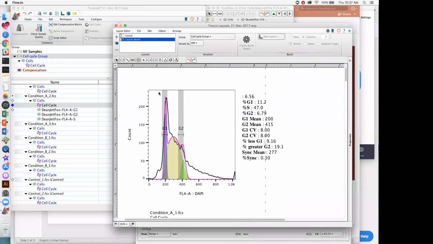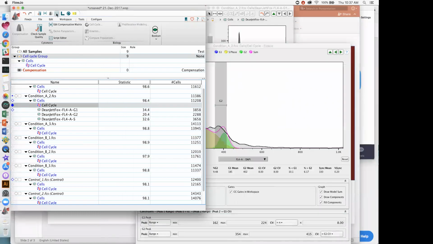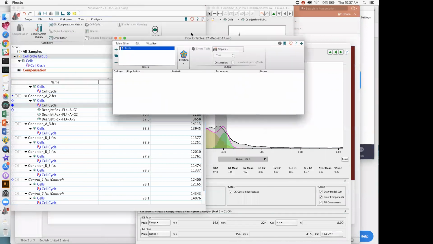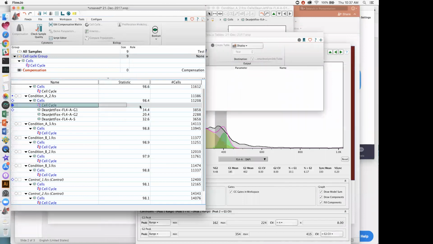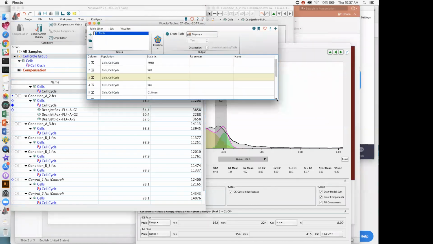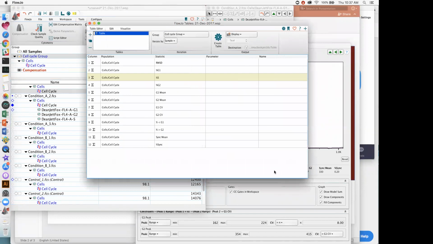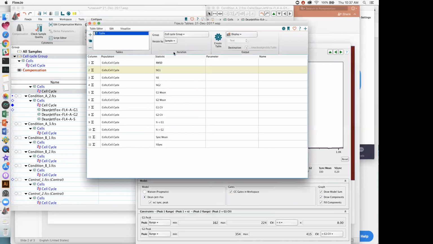Okay, in addition to the layout editor here, you can take the cell cycle node, and you can export those statistics directly to Excel or create a CSV if you click on the table editor tab at the top. Okay, so the table editor is the module that we use to export our statistical functions. So click on that, go ahead and click and drag the cell cycle node into the table editor, and it will populate here with all the statistics that are associated with the platform. So everything that you see here is going to be reflected in this